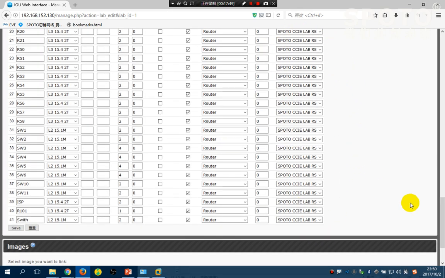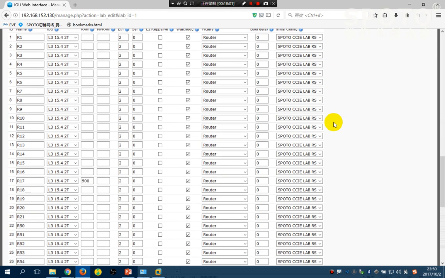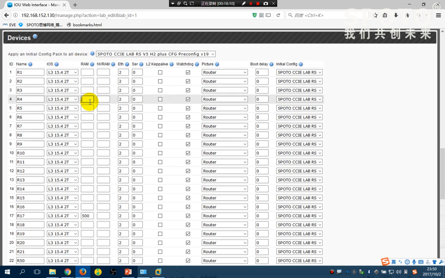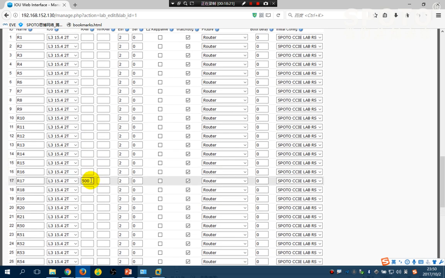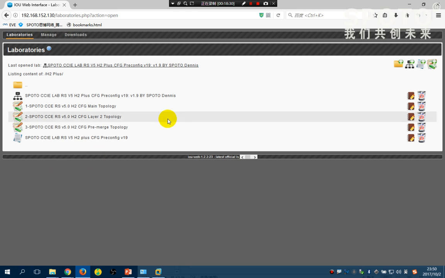They are okay, so just like this, this is wrong. You need to set the right config. Okay, and then you don't need to set the RAM and the NVRAM. They are default, but just like R50s, it needs to run BGP and NAT, so it must need 500 memories. Don't set others, and press save,